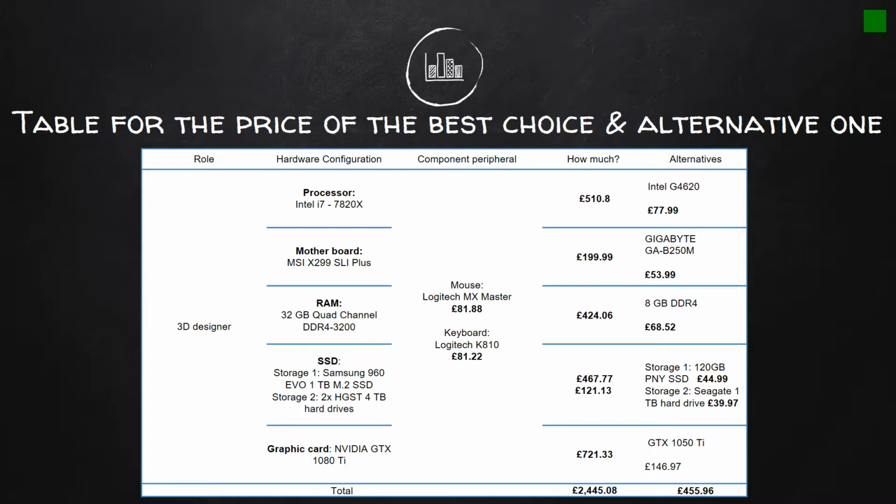On the other hand, if you are on a budget and want to save money, you can look at the alternative choice, which is only approximately 460 pounds, and this is 5 times cheaper compared with the high-end one. This budget will utilize the benefits of the great performance in the low end of Intel's new Kaby